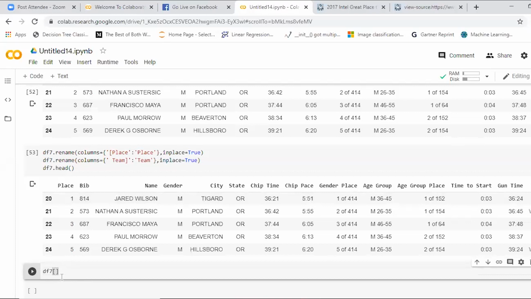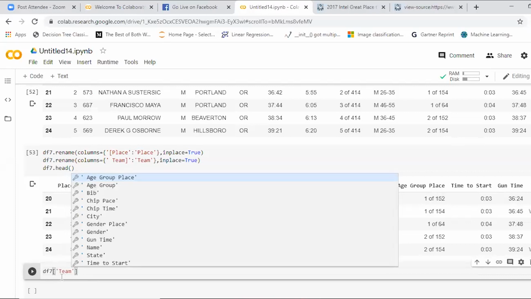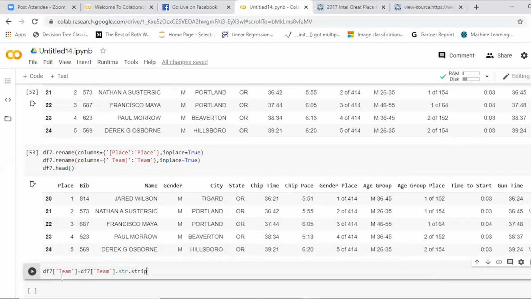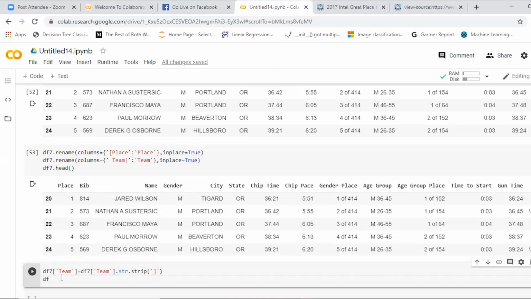df7 of team, you can see all the column names in that. df7 of team dot str dot strip, because you want to remove those brackets, because you are having those things in the last column.